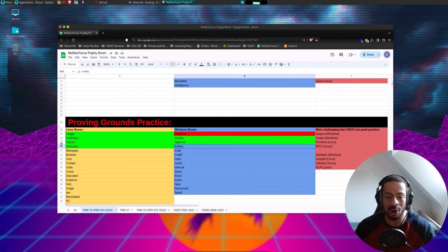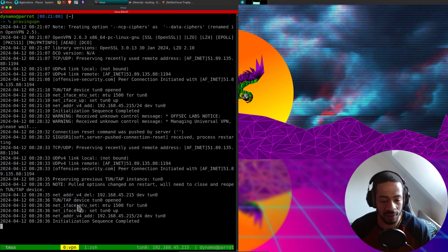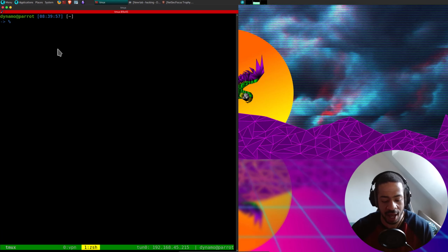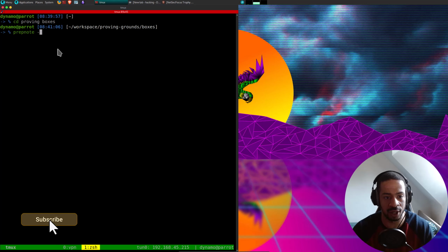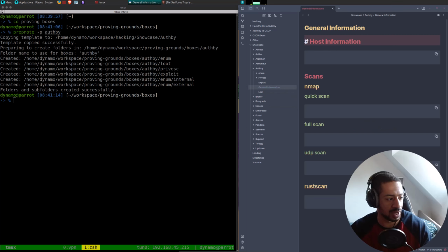We are doing Auth0. So as usual, I've got the VPN running, and let's go into Proving boxes and then create the folder for Auth0. As usual, here I've got my notes, and I'll take the IP.